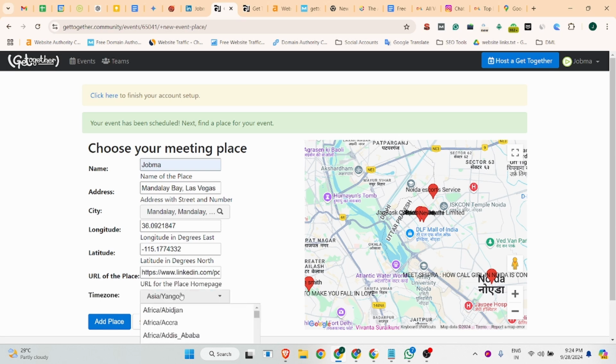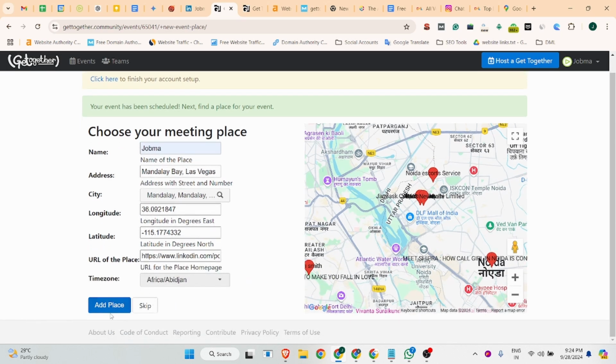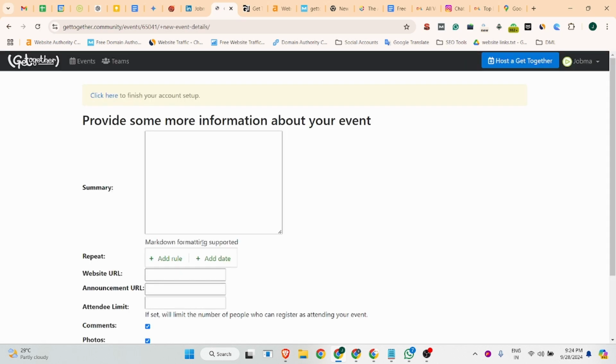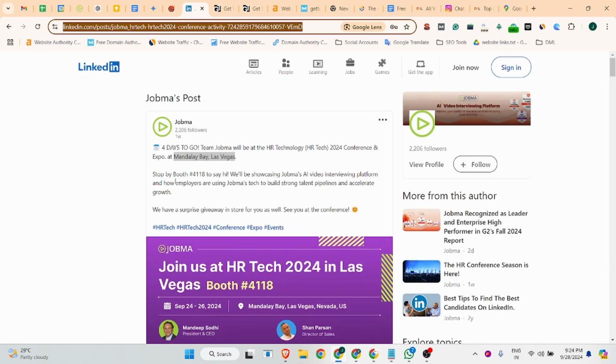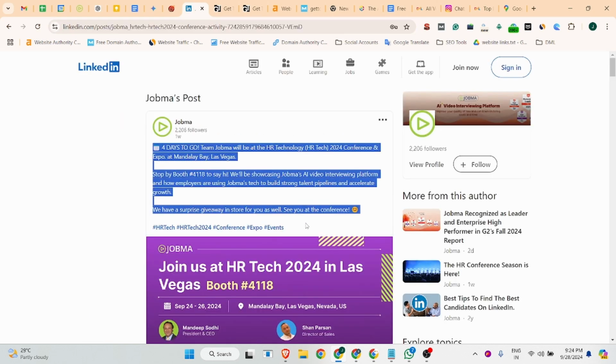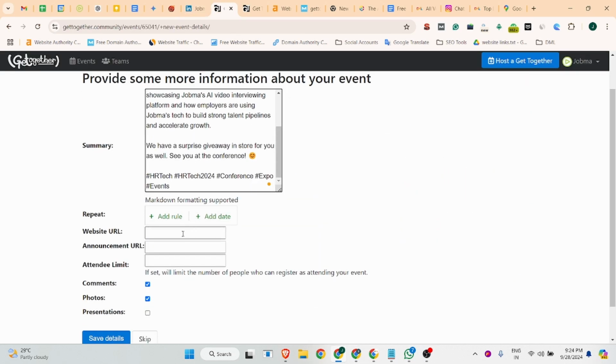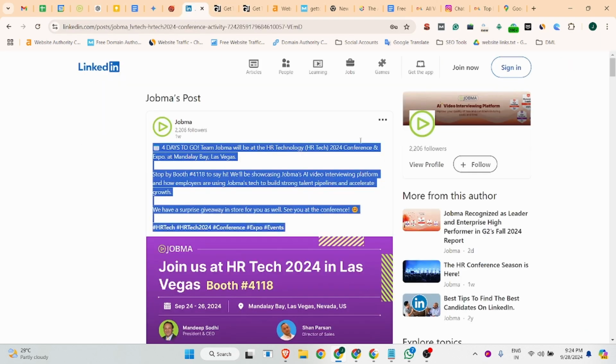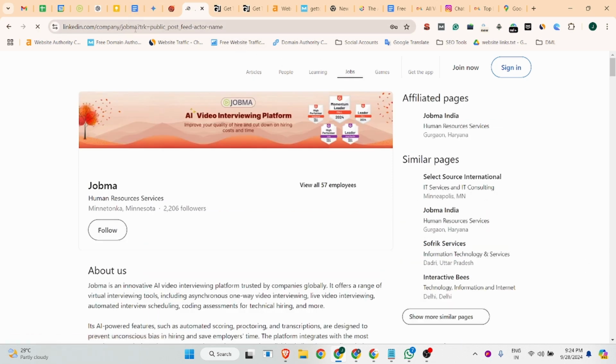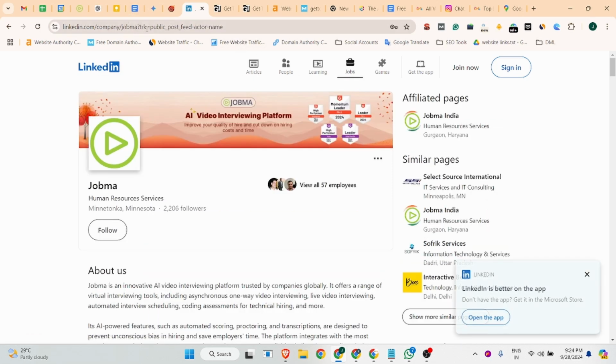There you can select your time zone, and after that click on the add place button, and there you can add your event description. Suppose I'm picking this description for now. There you can add your website URL and any announcement URL. If you have an announcement page, you can add your announcement URL as well.